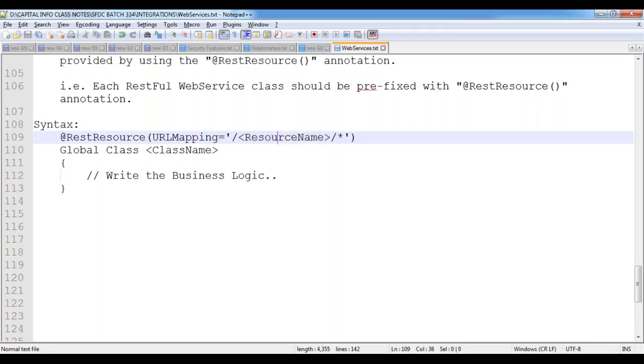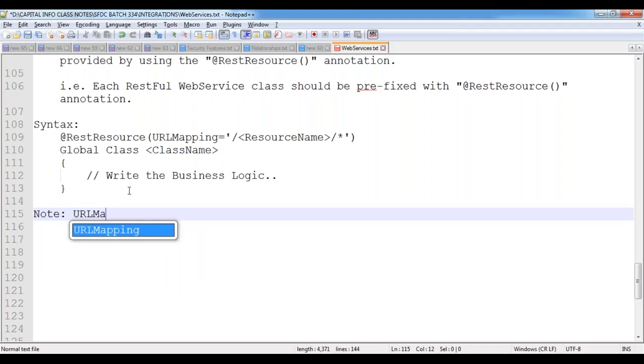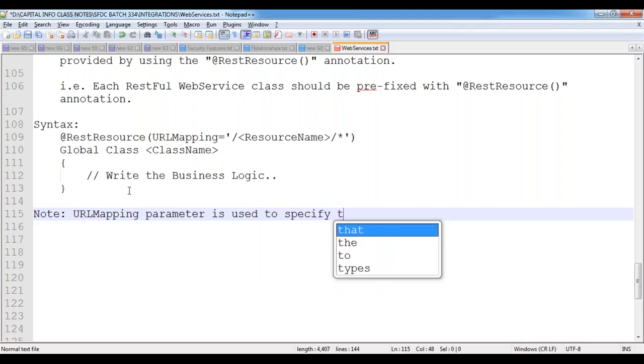The resource name can be specified by using urlMapping. The urlMapping parameter is used to specify the resource name